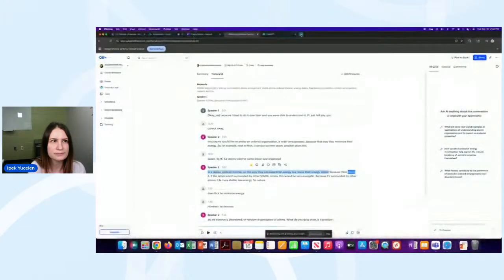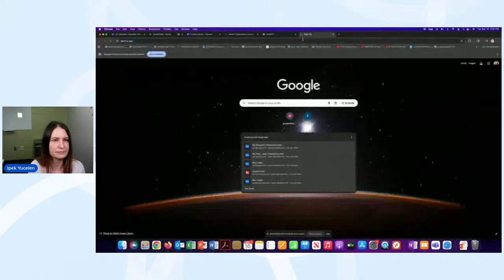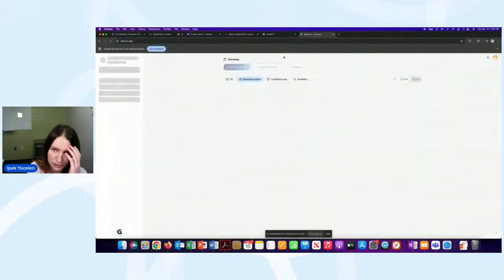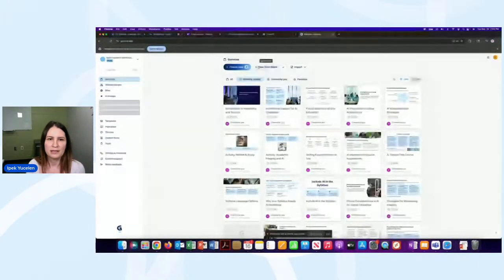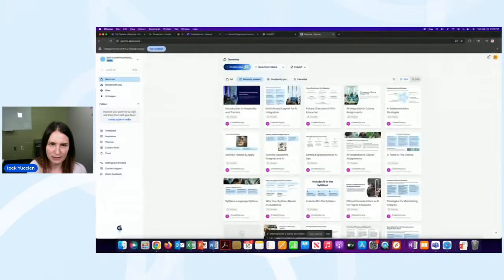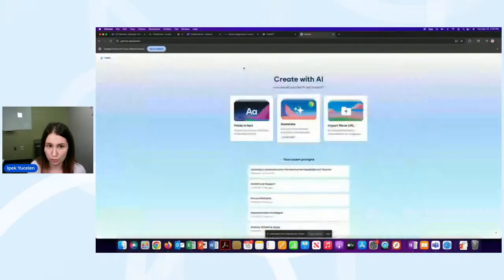Let me see. Hopefully it is already logged in. Okay, so create. What you can do is paste your text. For example, with Otter AI, you recorded your lecture, and the whole lecture you want to convert to a presentation very quickly. In a few seconds, you have a presentation. And then you can upload your already prepared presentation, and it enhances it visually. Or you can just say one word.